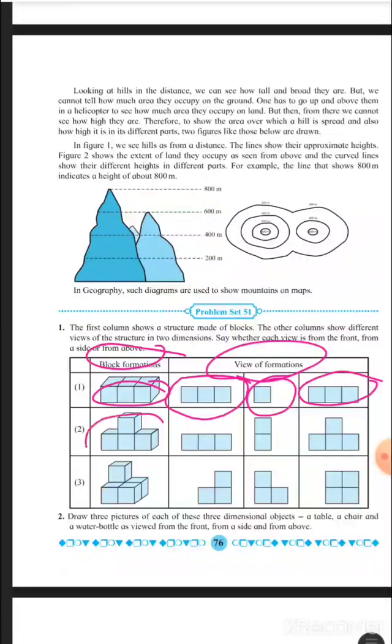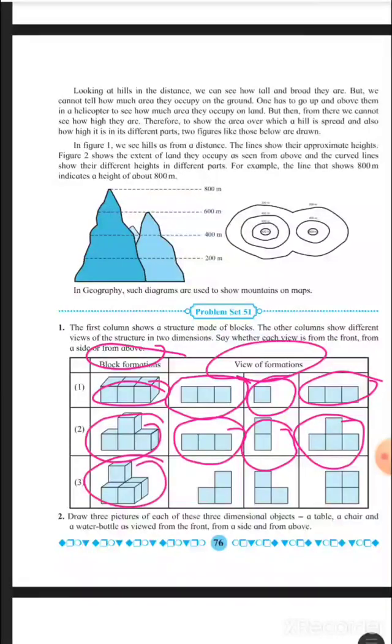Second picture, this is the block. Now this is the above view, this is the side view, and this is the front view.